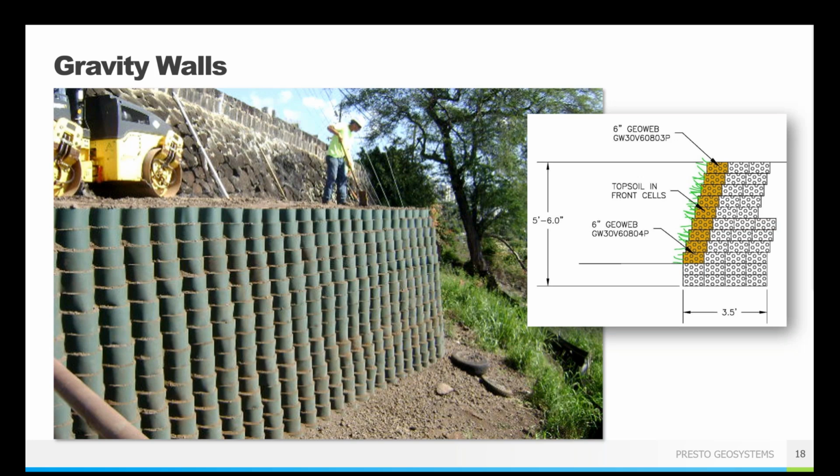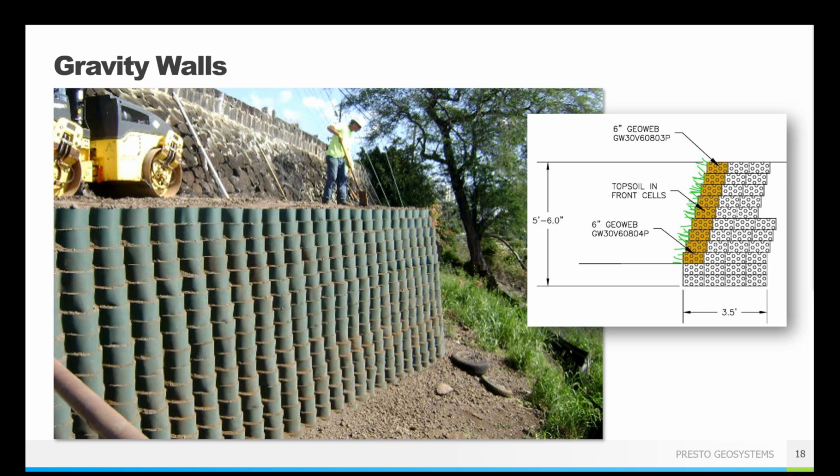And so this is a photo of a gravity wall, as you can probably imagine. In this case, it was about a 6-foot tall wall, but it did have a little bit of a surcharge. You can see they were actually putting construction equipment behind it there. And so if you are having a couple different requirements for your retaining wall, if it's got vehicle surcharges on the top, if you've got water flow in front of it, something like that, gravity style walls might not be the best option.